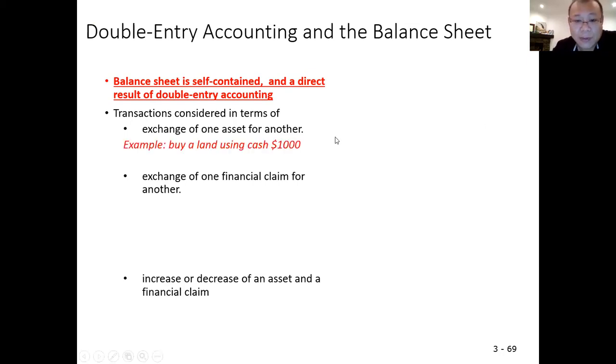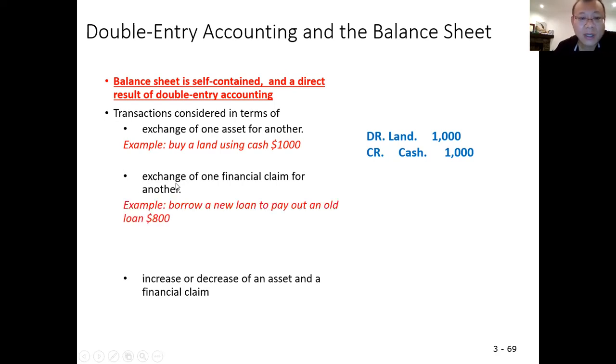So for example, you buy a land using cash, $1,000. So your exchange between current asset and the long-term asset, right? So your long-term asset land increased, you debit land for 1,000 and you credit cash 1,000. Okay. Second, exchange of one financial claim for another